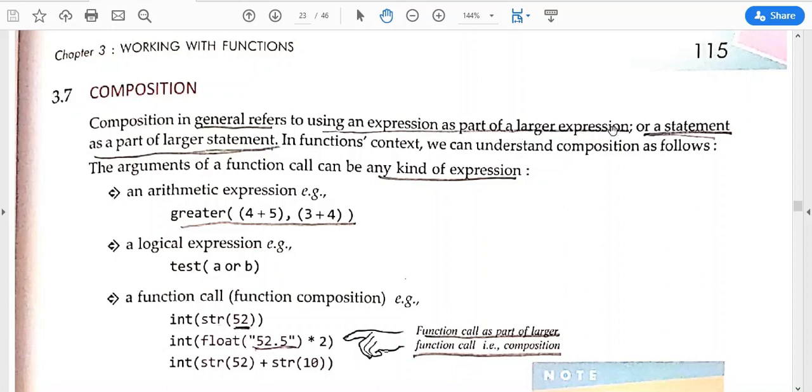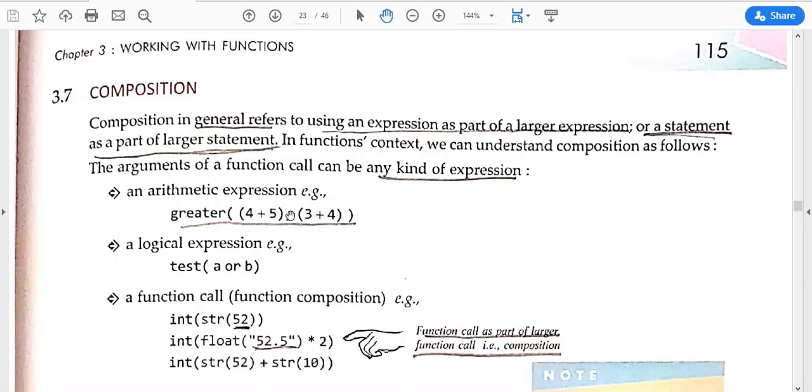Means when there is a complex expression given and we are using that expression as a part of something else, like we have a greater function and we are using these two small expressions inside this as arguments, so this is called composition.